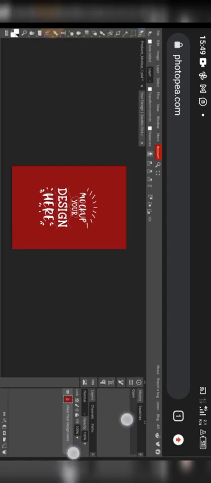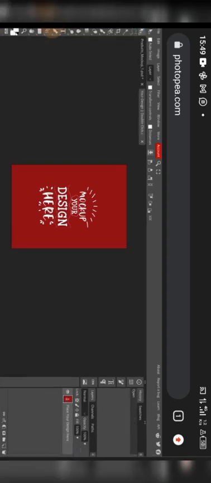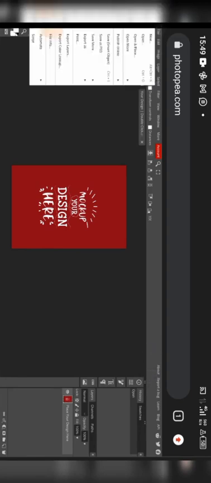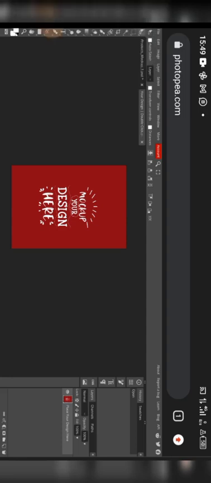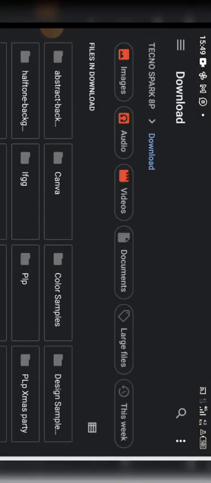The next thing we want to do is go over to our tools bar. Let's zoom out so that we can see what we're doing. Go to File. Sorry guys, click on File and then click on Open and Place. It will take you back to your phone gallery where you can go select that product package design we